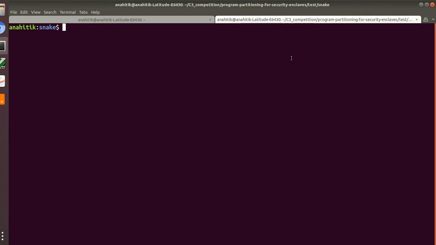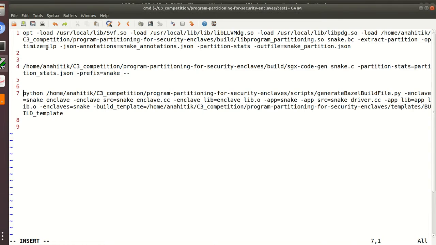The tool runs in two phases. The first phase partitions the given program and generates libraries for each of those partitions. This phase is implemented as an LLVM compiler pass, which runs on bitcode,